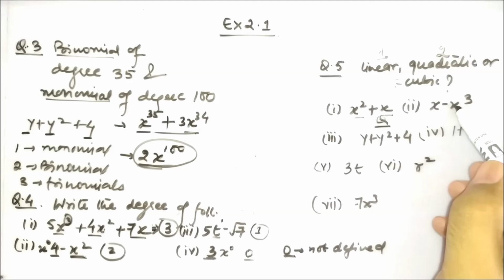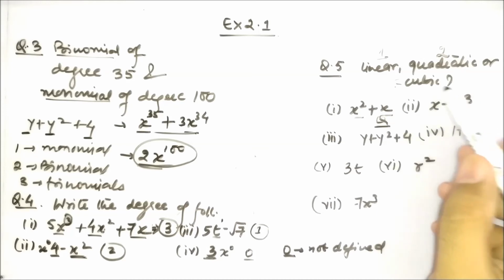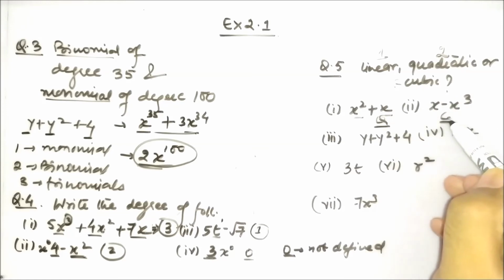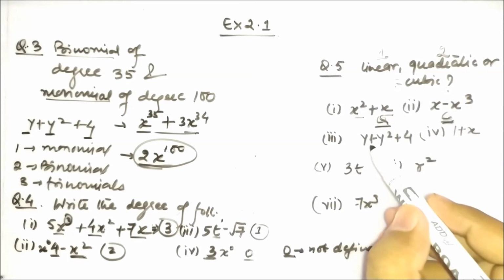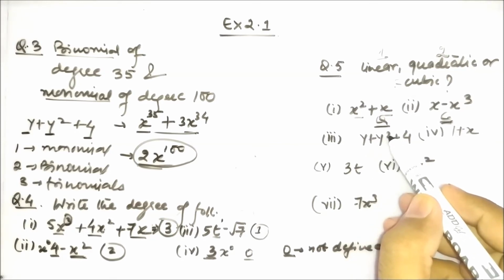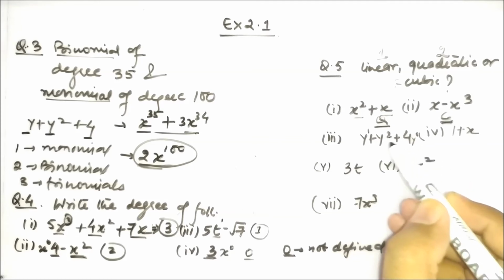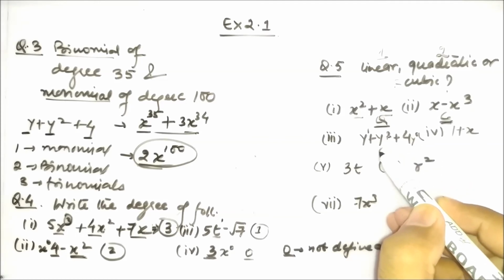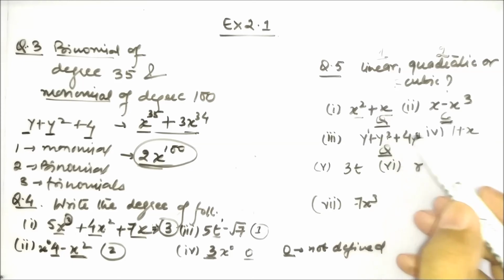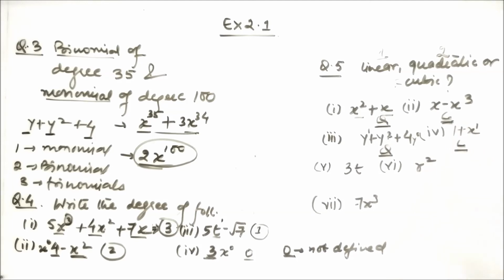Okay. This is having two terms with variable x and the highest power is 3, which means the degree is 3. If the degree is 3, it can be termed as a cubic polynomial. Okay. Likewise, if you see here, the highest power of y is 2 here. Here the power of y is 1. Here the power is 0. So the highest power is 2, which means it is a quadratic. The degree is 2 here. Here the degree is 1 because the variable has a highest power of 1. So it is termed under linear polynomial.